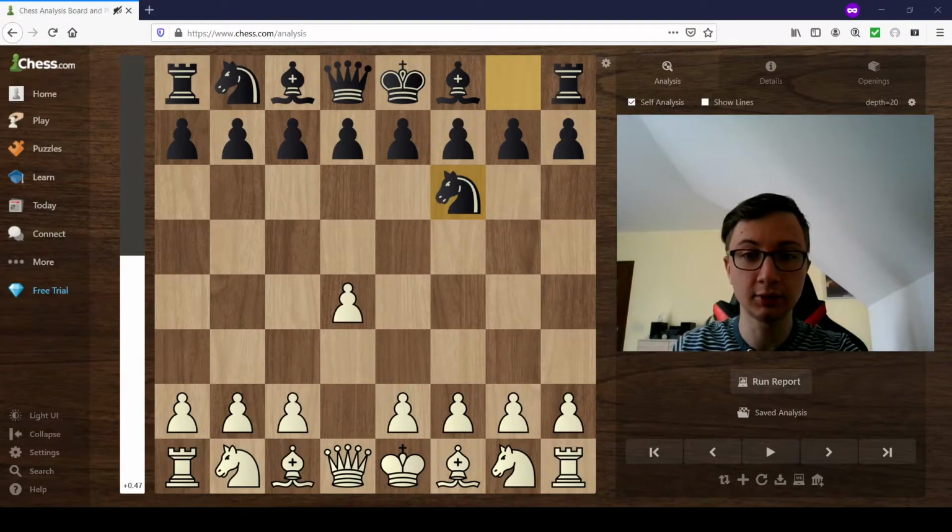Hello everyone, today we will try to analyze the game between Anish Giri and Wang Hao playing the 2021 Candidates Tournament. As we can see, Giri starts with d4, knight f6, c4,